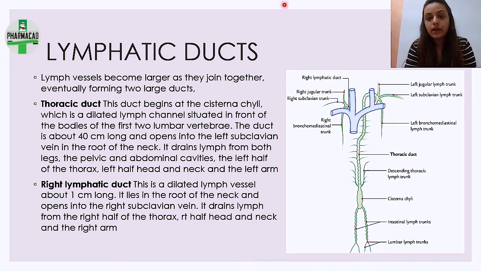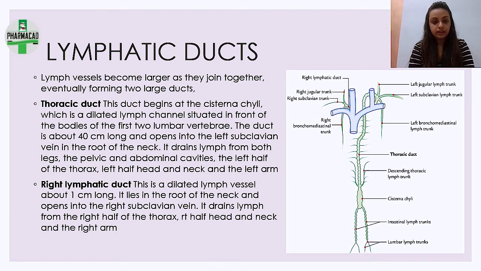Right? So what happens is that the interstitial fluid has again reached the vein and thus has reached the right atrium. Right? The thoracic duct, from where all is it bringing lymph? One, it is bringing from our lower body: the pelvis, abdomen, see we will read it, your legs, pelvis, abdomen, left half of the thorax, head, neck and left arm. So the thoracic duct brings almost the maximum amount of lymph.